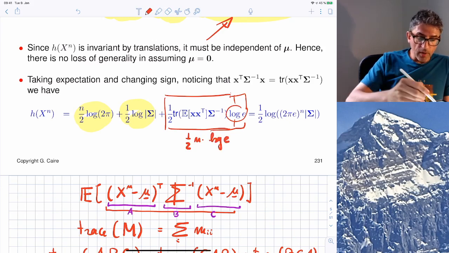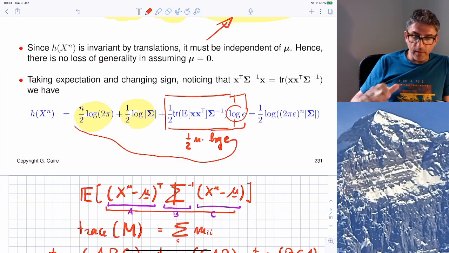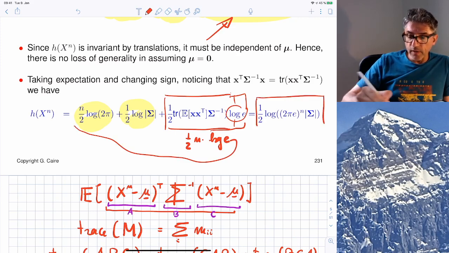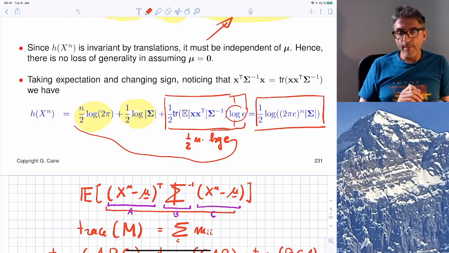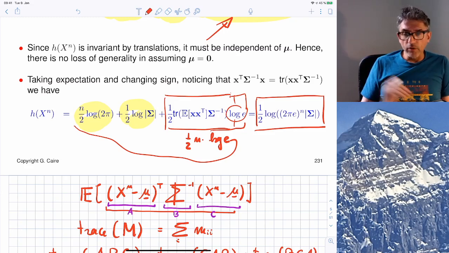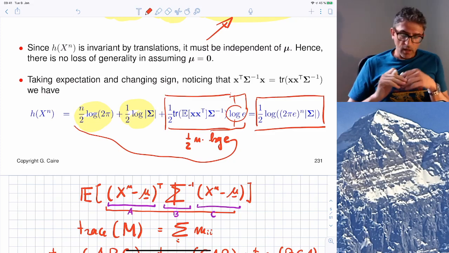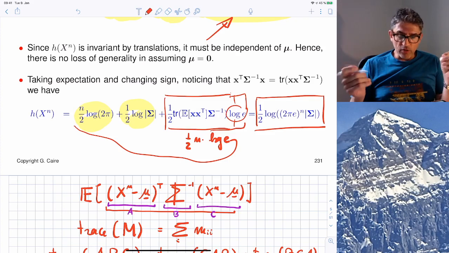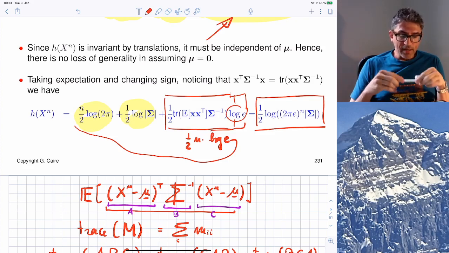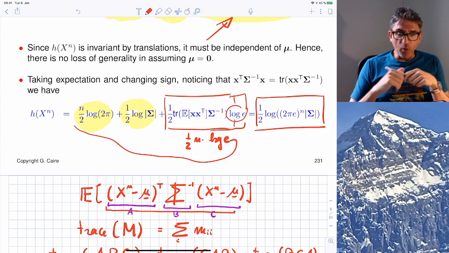So altogether, when we put these three terms together, we find this final expression here: 1/2 logarithm of (2 pi e)^n times the determinant of the covariance matrix. Notice that the covariance matrix is generally positive semi-definite, so this determinant is always greater than or equal to 0. In fact, without loss of generality, we can focus only on Gaussian vectors that have a strictly positive definite covariance matrix, because if I have a Gaussian